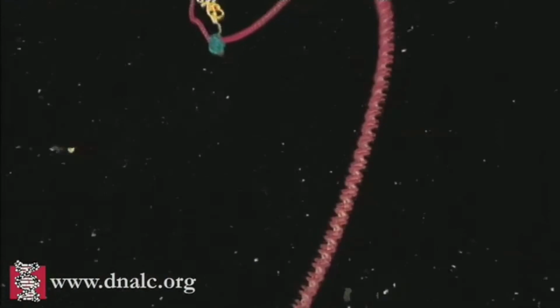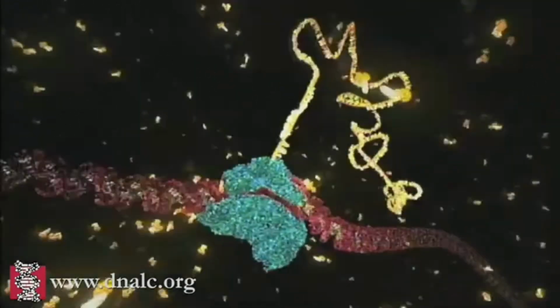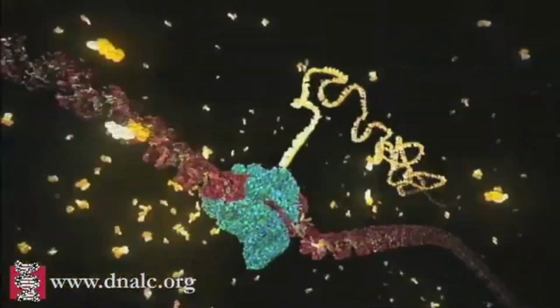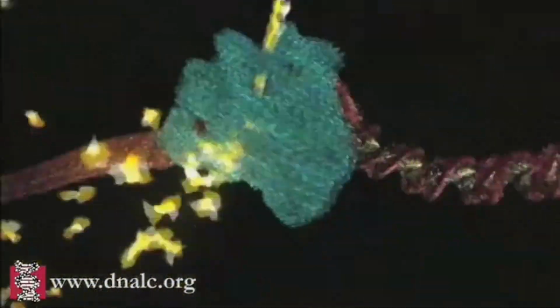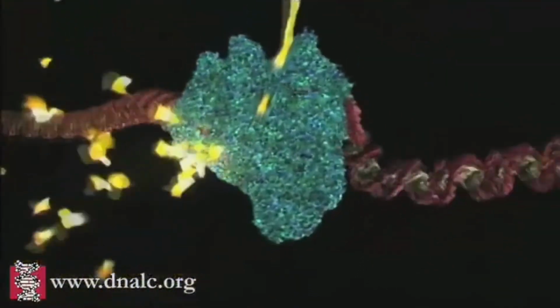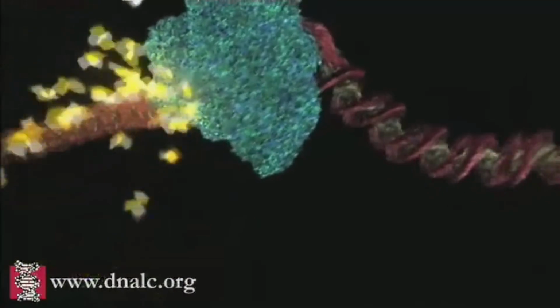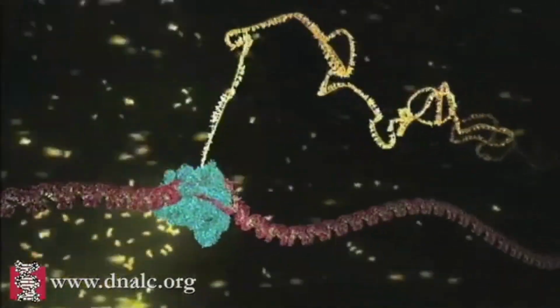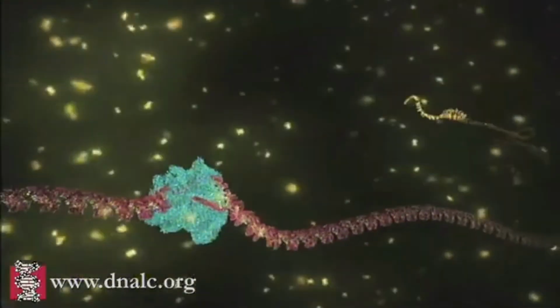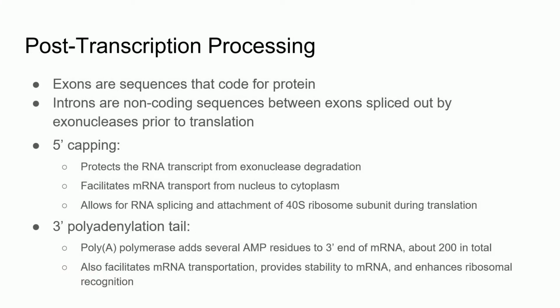It acts as a template for the synthesis of an RNA molecule, which is assembled one subunit at a time by matching the DNA letter code on the template strand. The subunits can be seen here entering the enzyme through its intake hole, and they are joined together to form the long messenger RNA chain snaking out of the top. Transcription continues until the RNA polymerase reaches a termination sequence in the DNA.